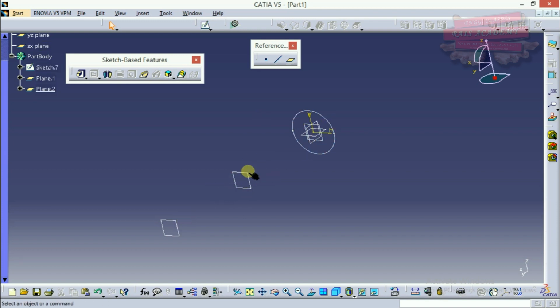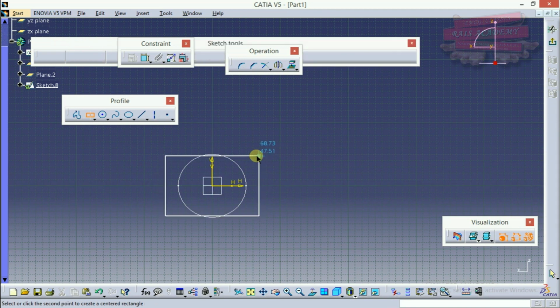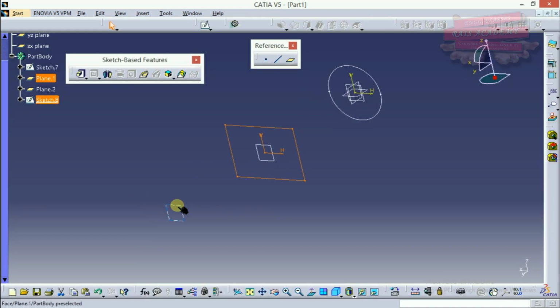Okay, so I'll draw a profile on the middle plane. I'll sketch. Now what I'll draw is a square. So from here I'll select the centered rectangle. Okay, I'll give some dimensions. Now I'll exit the workbench.